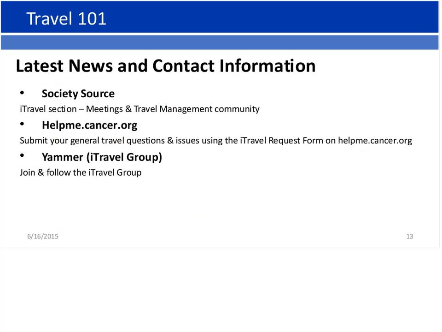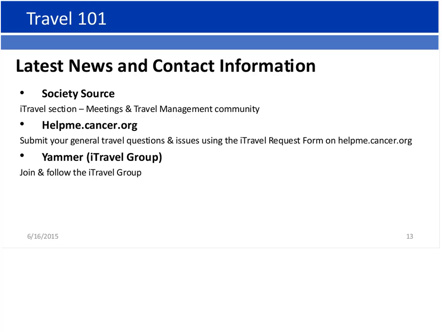Latest news and contact information. So how do you stay in touch, or how do you contact us if you have any questions? Well, Society Source, like I said, is your one-stop shop for all travel information. You'll be able to find forms, information on preferred suppliers. We even have a link on our page, which is called Recent Communications, and that'll provide you all the e-Society communications that were sent out throughout this year. So in case you missed anything about our contracted rates, etc., you can just refer to that link and it'll pull everything up for you.